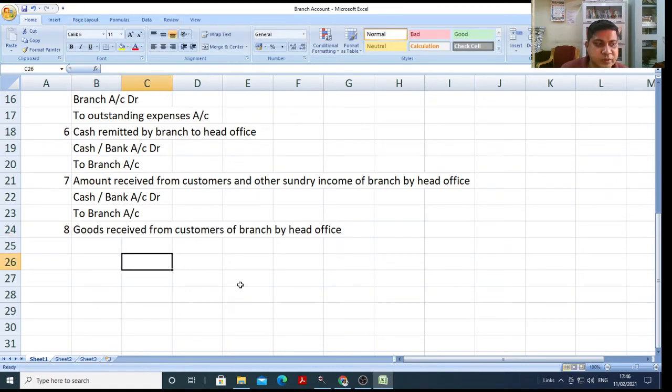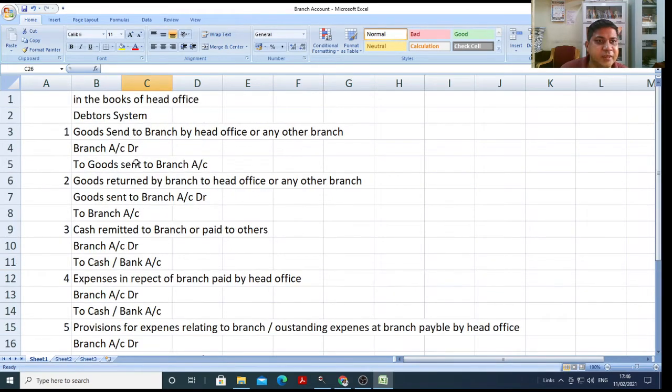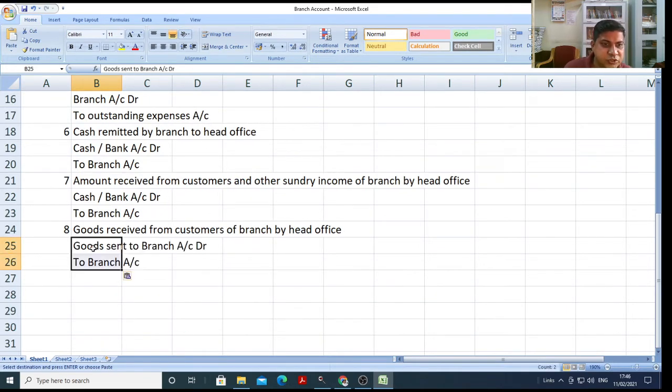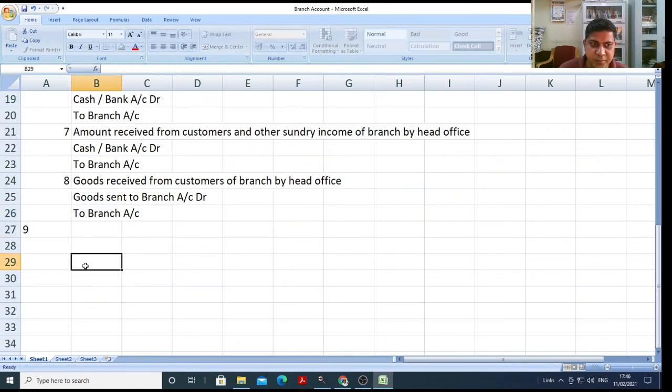Goods received from customer of branch by head office. So the entry will be goods sent to branch account debit to branch account. Ninth number entry, goods sent to branch account